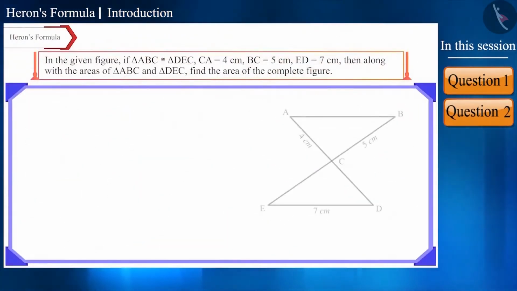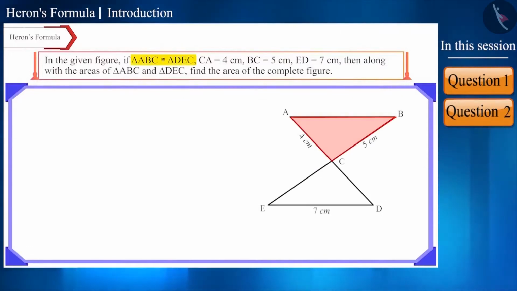Now let's move to the next question. Here, we are given that triangle ABC and triangle DEC are congruent. Also, in the figure, we know the length of some of the sides, so along with the areas of triangle ABC and triangle DEC, we need to find the area of the complete figure. Friends, as is given in the question, triangle ABC and triangle DEC are congruent, and we know that corresponding parts of congruent triangles are equal,